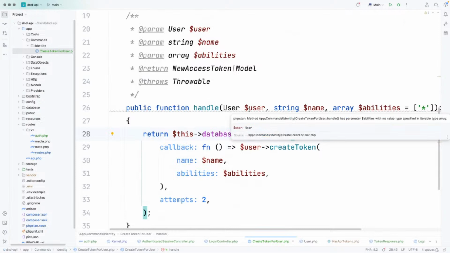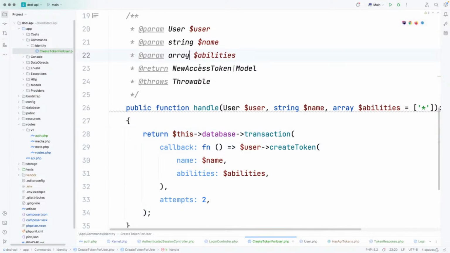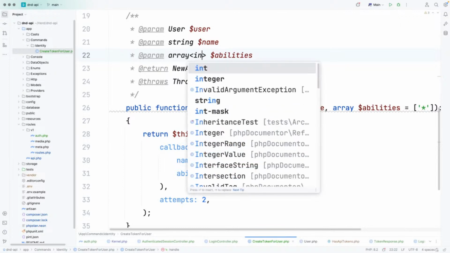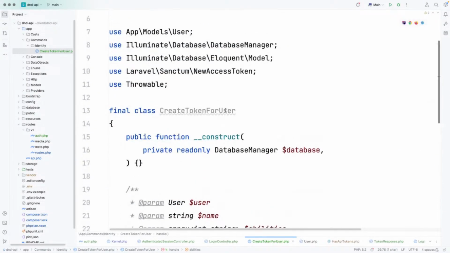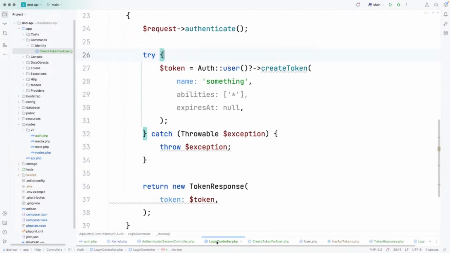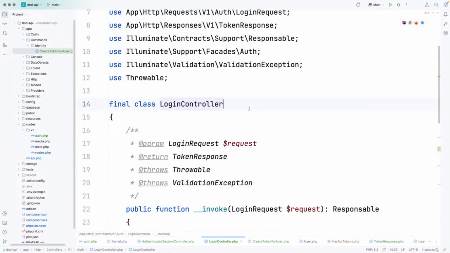Why is that? I got an error. Has parameter abilities with no type value, so it was an array. Okay, so this is going to be int string. We're basically just going to pass through almost a comma separated list at this point, right? So we can make this readonly, grab this, come over to our controller over here and say, okay,